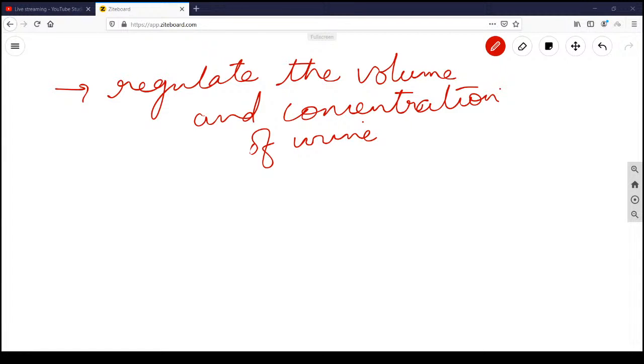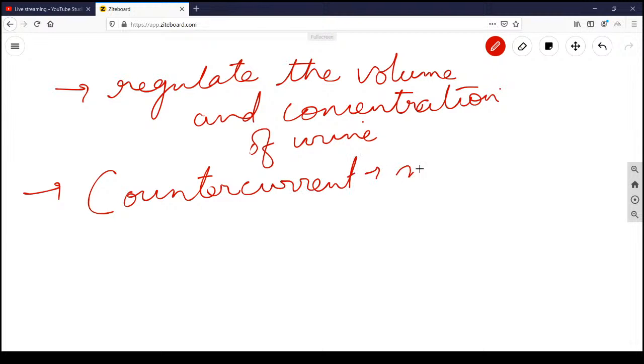After we have learnt about this, what we can learn more is that this counter current mechanism is basically made up of counter current multiplication and counter current exchange. Counter current multiplication and counter current exchange. But what does counter current mean? Let us be very basic about it. It means that the exchange takes place